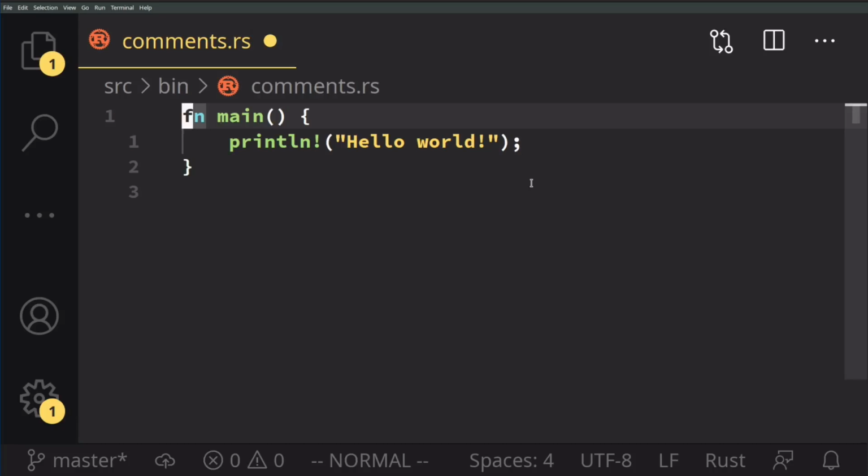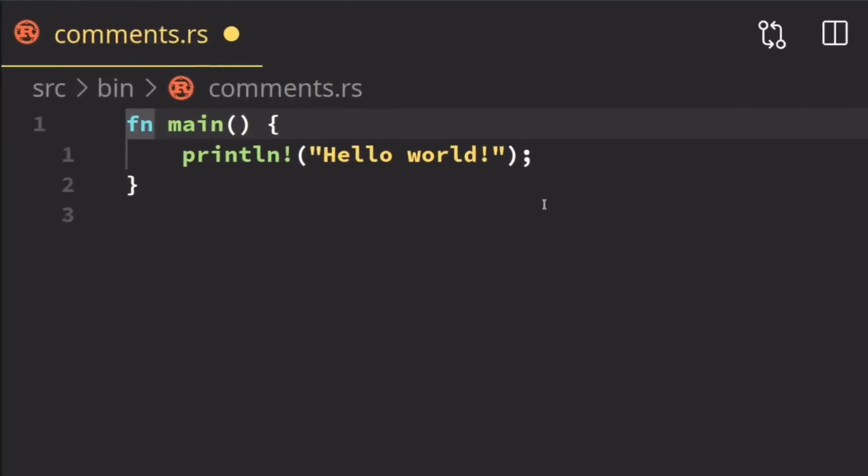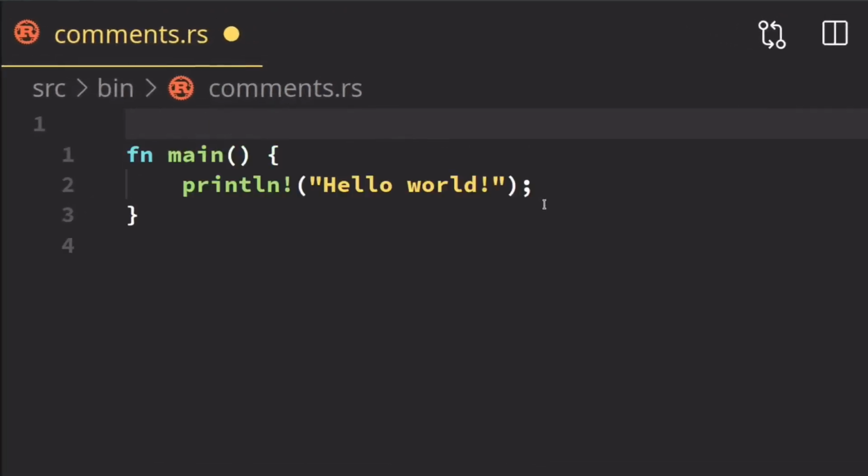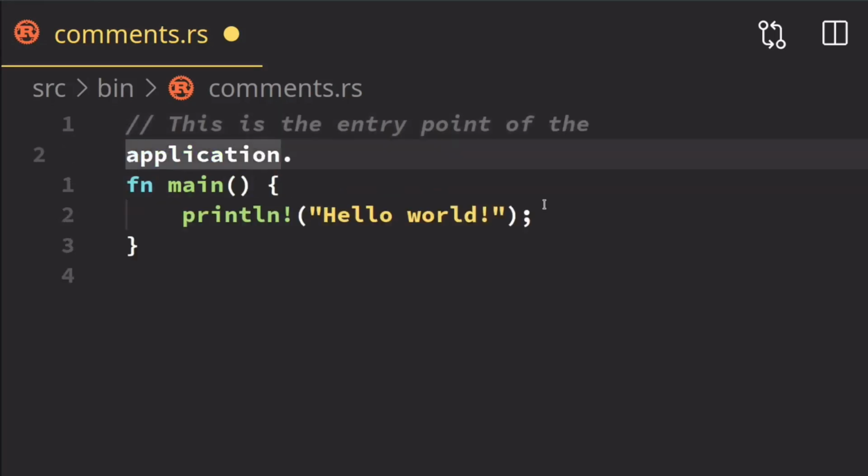Let's add some comments to enhance the readability of this program a little. In order to add comments, do 2 forward slashes followed by your comment. I left a comment: this is the entry point of the application. The entry point of an application is simply the very first function that's ran when your program gets executed. I want this to be 2 lines long, that way it fits better on the screen. To do that, we can have an additional line with 2 slashes,